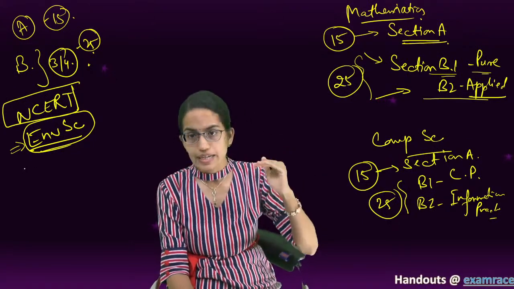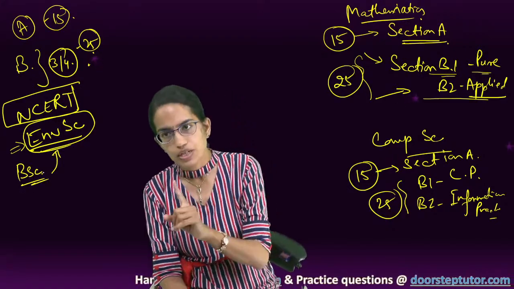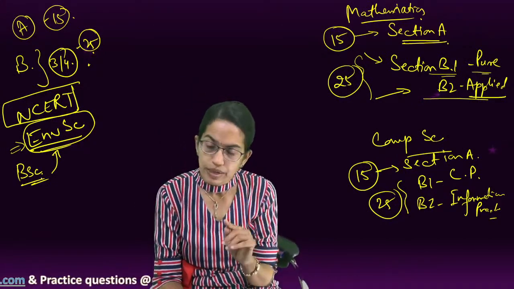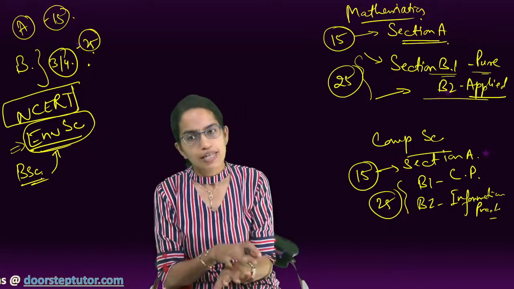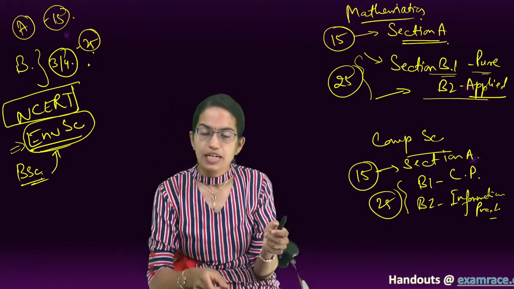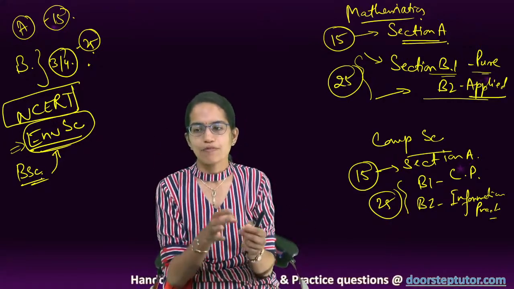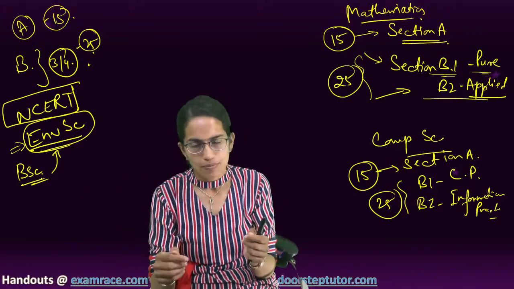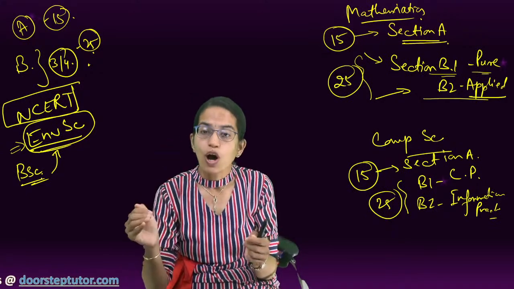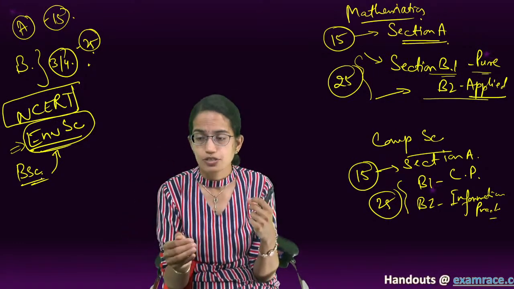You require a greater knowledge, and definitely if you are willing to join a BSc environmental science program, then we would recommend you take environmental science as one of the subjects or one of your domains. The basic domains can be the domains that you have studied, but if you want to do a little different, then we would definitely recommend you pick up a domain in which you want to specialize. So I am repeating again and again, if you want to go for, let's say, B.Ed courses, take teaching aptitude as a domain. If you want to go for agriculture, take agriculture as a domain. If you want to go for law, take legal studies as a domain. For environmental science, take environmental science as a domain.